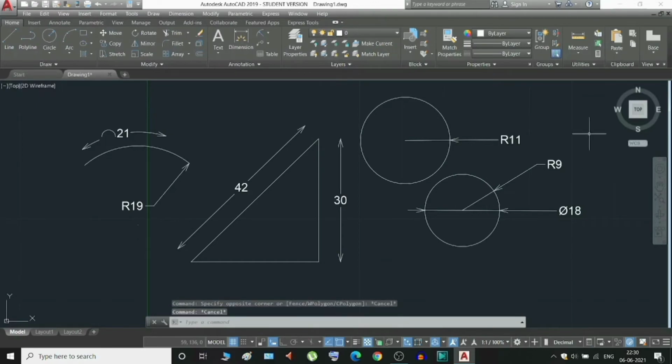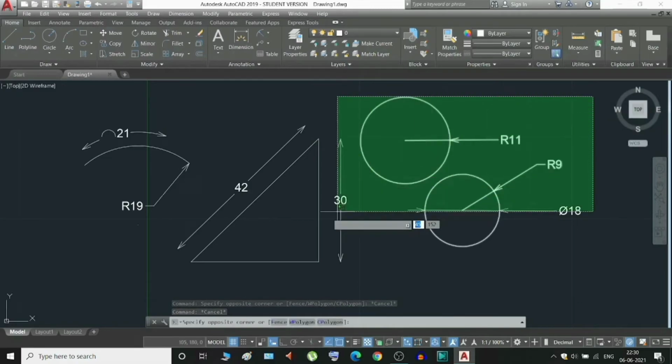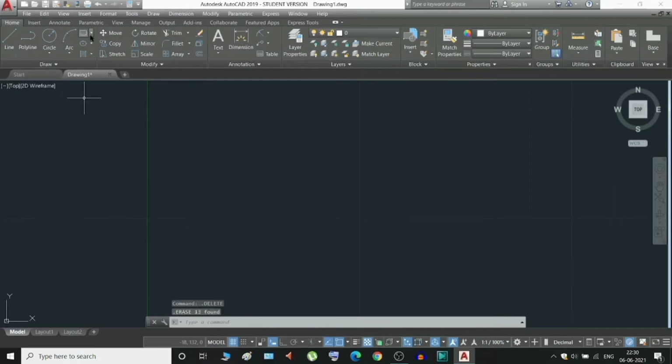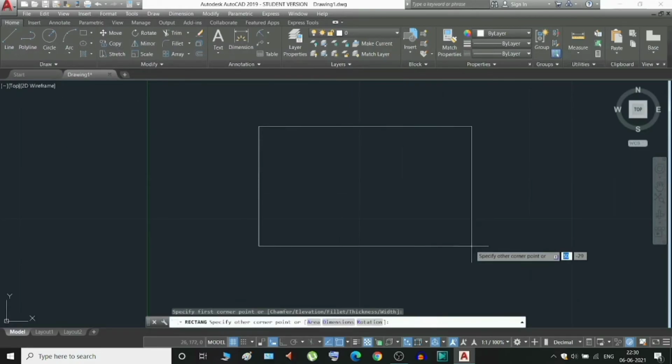And let's first delete these things and let's draw a rectangle first.